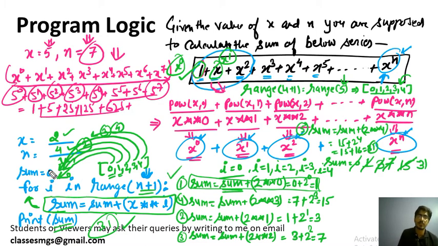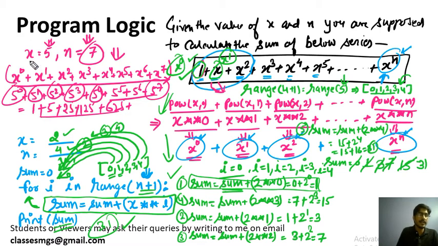Otherwise what you need to do, you need to add this number 1, sum will be initialized with 1, and you need to start this loop from 1 only. Okay, that's why I have explained it in a simple way. You may write other logic also, it would be also fine. If you could write the logic, it would be better. If you have written another logic, please send me, I will review and suggest if any problem is there. Okay, that's all in this detailed discussion.